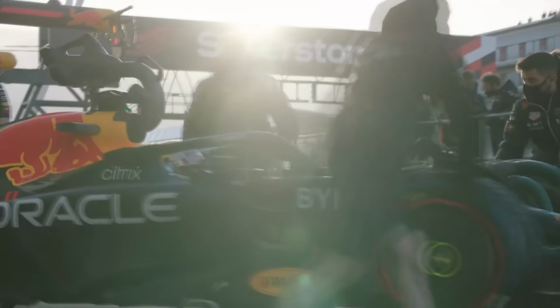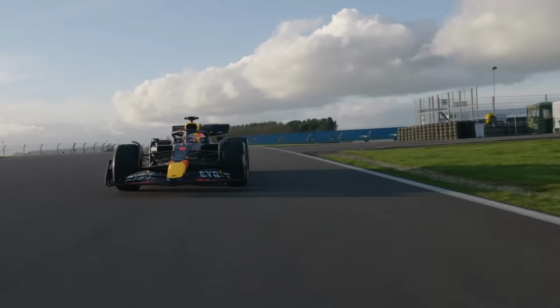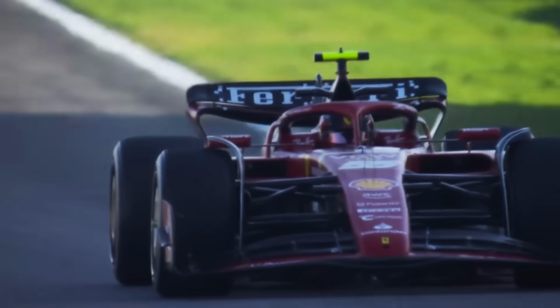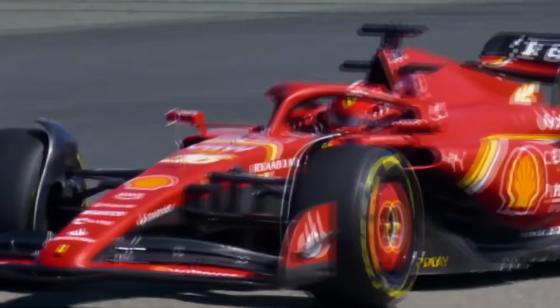Red Bull is introducing the second part of their upgrade package that aims to change the entire concept of the car compared to the RB19, but it seems like the Austrian team will find it a bit harder to dominate in the remainder of the season now that McLaren and Ferrari have shown some really good, promising signs about their own competitiveness. After the latest statements of Zak Brown, as well as the expectations from Ferrari's first massive upgrade package,